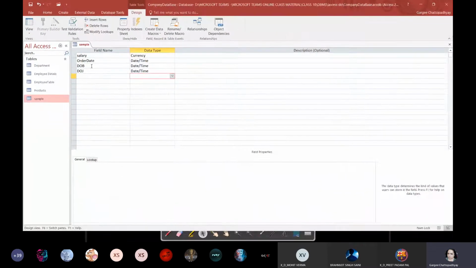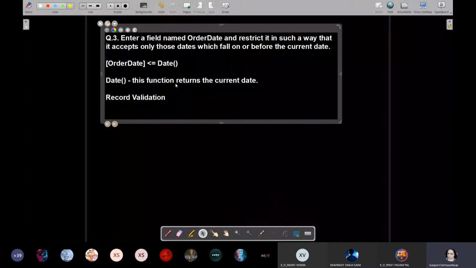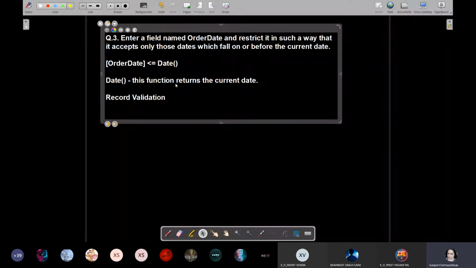Now, that problem which we were facing that day, anybody can enter a date of birth. Obviously people will be entering the correct date. Sorry, anybody enters a date of joining as, suppose, 25th August 2020.